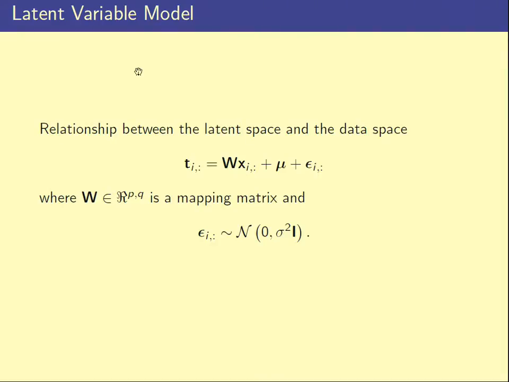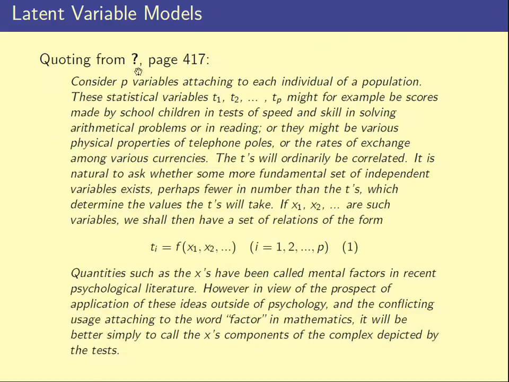So Hotelling was at the time when this was popular in social sciences, and he was actually a mathematician statistician. And he said two things. He said, first of all, let's not call these factors, because that means something in maths. Now, it turns out, actually, it does mean the same thing in this case. Let's call them components. And then he was a bit more formal about how he described the problem.